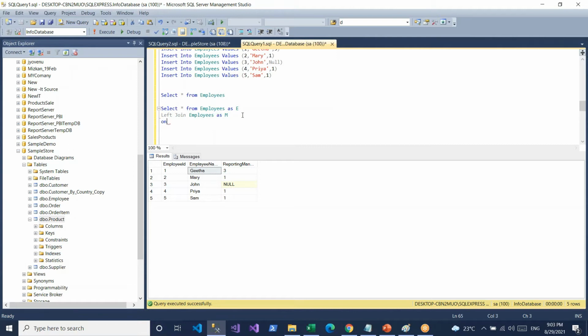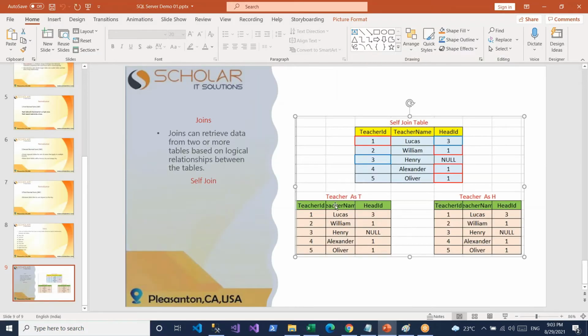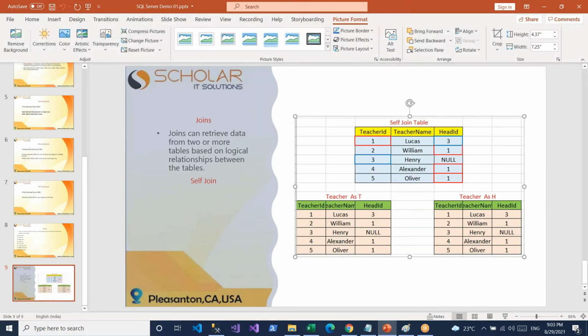On condition, what condition am I writing? See here, in the employee table, the head ID matches the teacher ID. If I match this value to this value, it will automatically map the records.